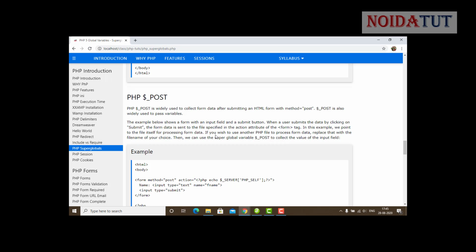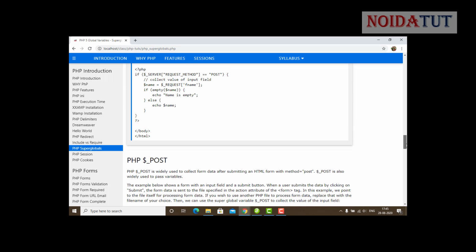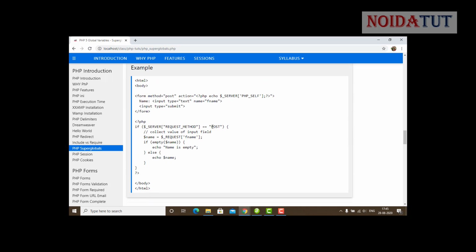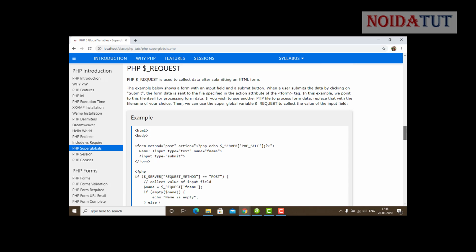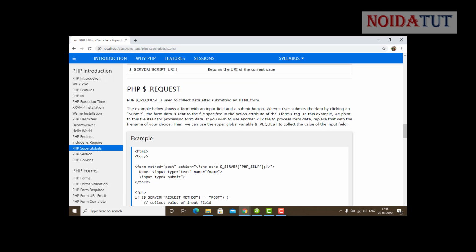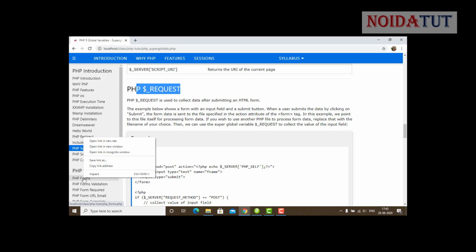In the post method, we transfer the data and it is not visible in the web browser. Similarly, we use the request method to transfer the data from one page to another, and grab and display it. So these are the basic global variables we use, and when we work further with forms, we are going to use them very clearly.